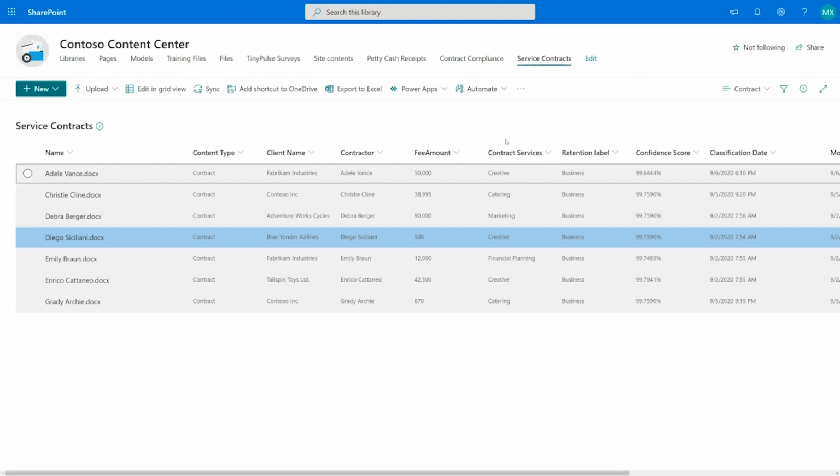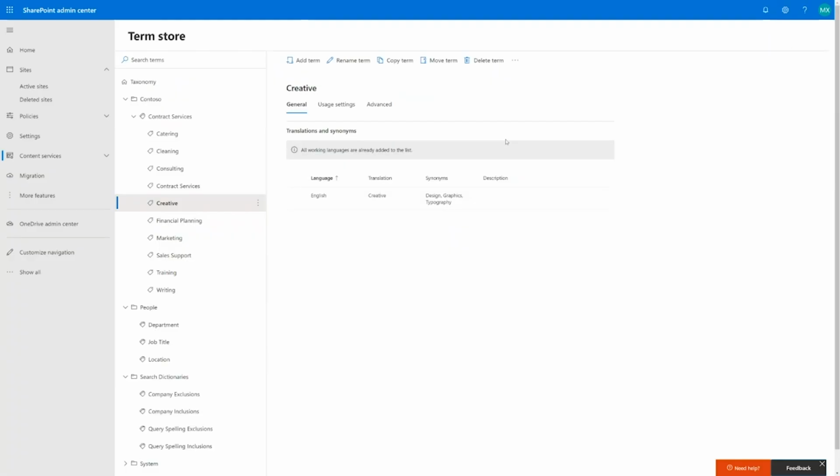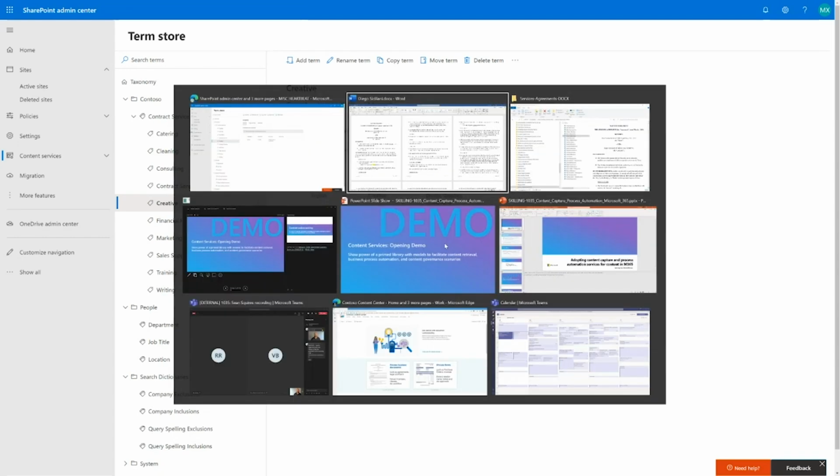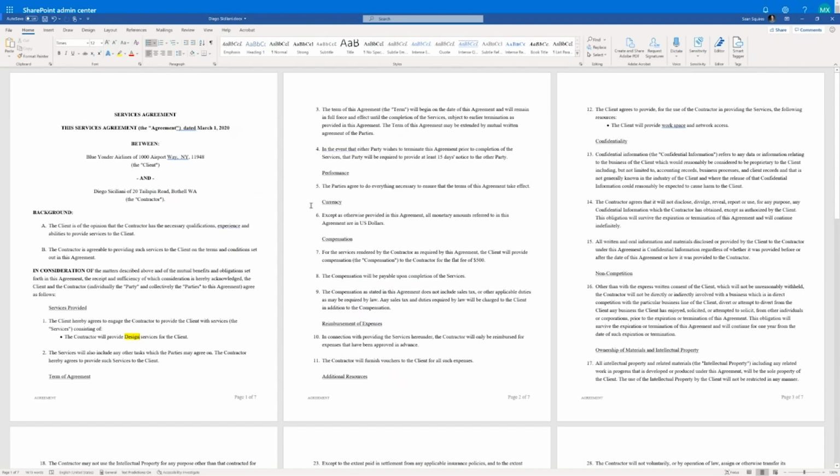Now, creative is actually a controlled value or term in my managed term set. And if we switch over to that view, you'll see that here is the term creative. That's the preferred label. And you'll also notice that I have a bunch of synonyms: design, graphics, typography. If we go ahead and tab over to the Diego Siciliani document,